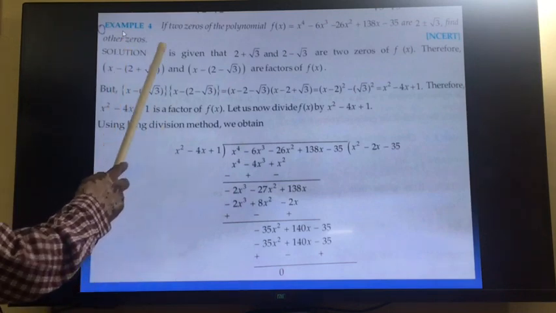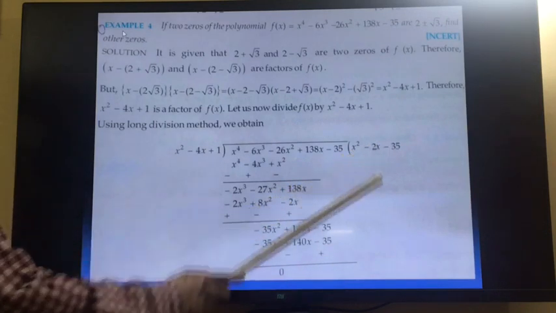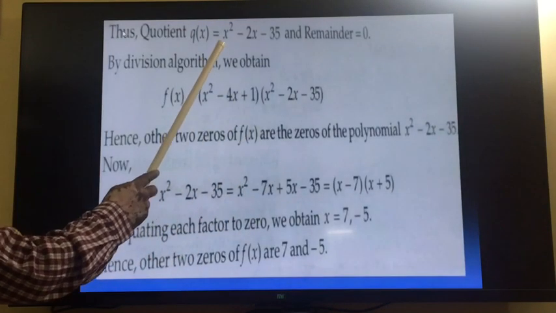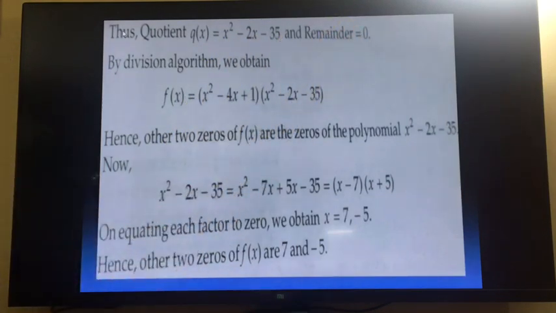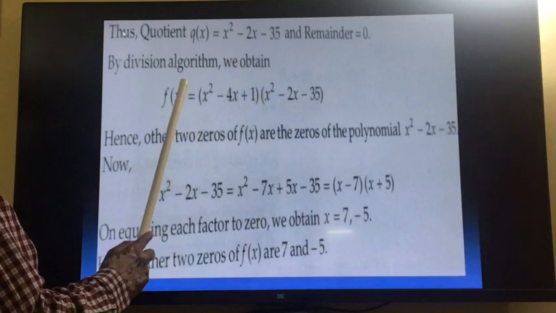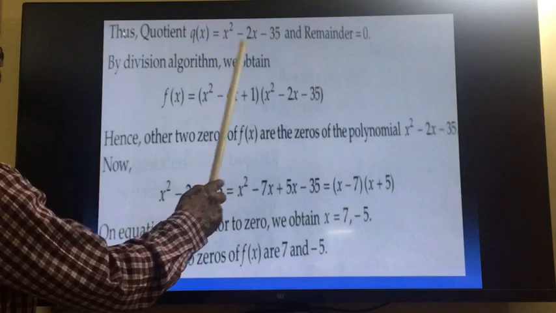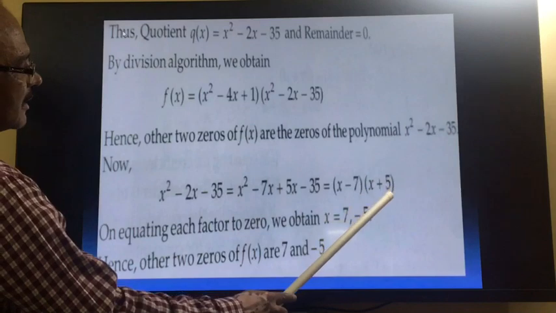Here we want to find the other zeros, right? So to get that you will see the quotient. Quotient is x square minus 2x minus 35. So this quotient we will take, and what was the remainder here? 0. It means the divisor is a factor, right? It is now very much clear, which we were telling about in the beginning. So it is proved. Now we will take the quotient, and this quotient we will factorize. We will split the middle term of this. So after splitting the middle term of this, we will get x minus 7 and x plus 5.